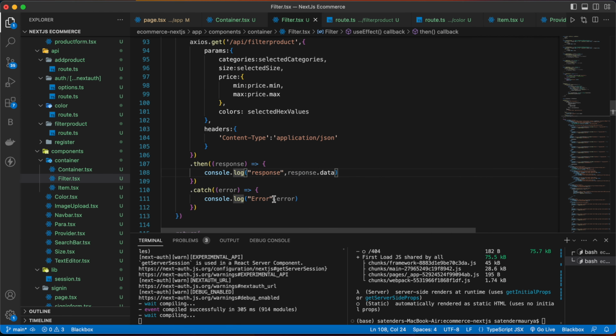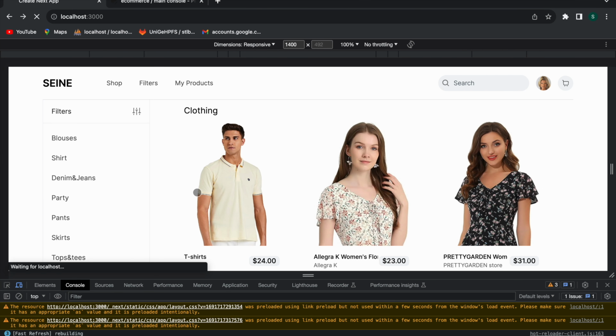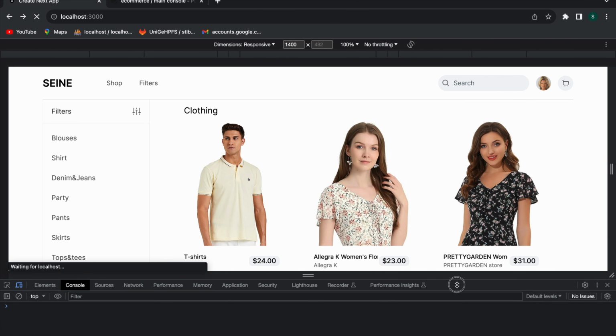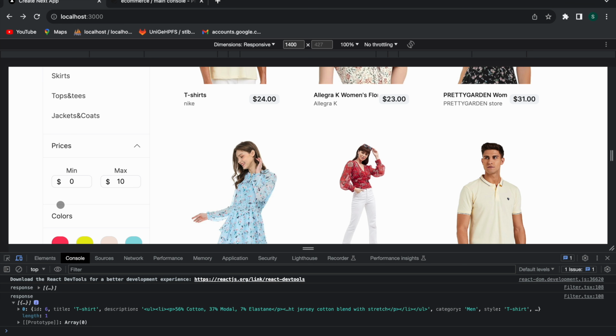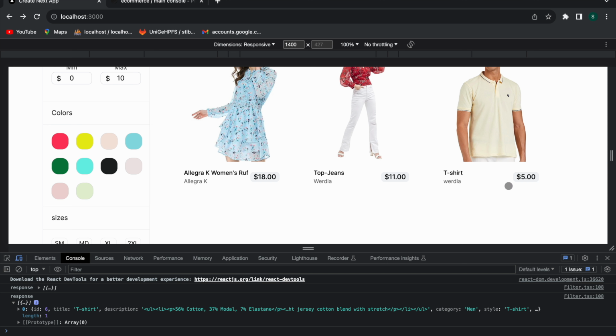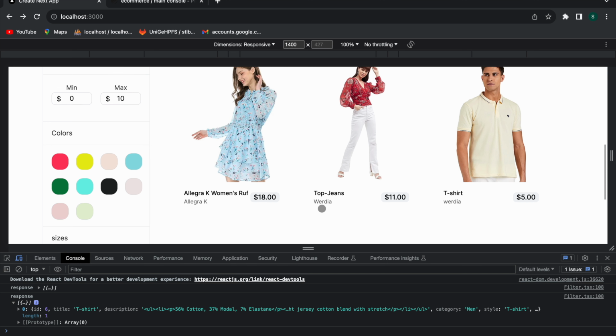And now let's save and go back to the browser, refresh the page, and as you can see we got one response, and the reason is that the price range is from 0 to 10, and this product is false in that category.